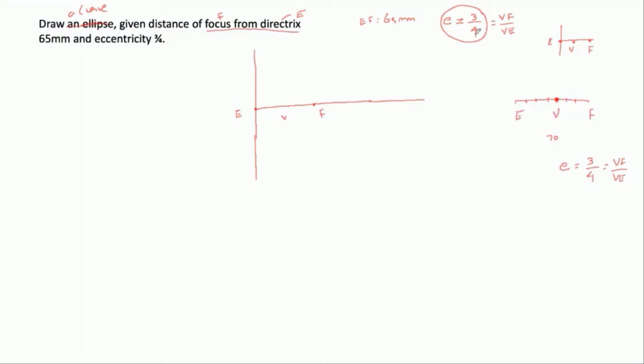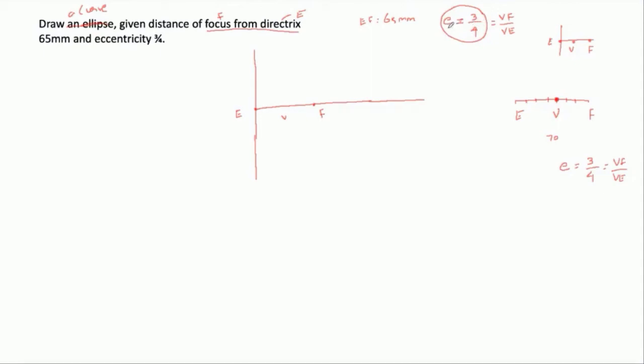This is from your eccentricity ratio. For an ellipse, e will be less than 1, so VF will always be smaller when compared to VE. If your point is exactly at the middle of E and F, we are going to construct a parabola, not an ellipse. In the other case, when VE is smaller than VF, we are going to construct a hyperbola. The procedure is the same, but the location of the point V matters. So the point V should be exactly located using your eccentricity ratio.